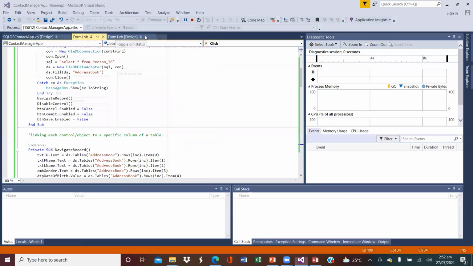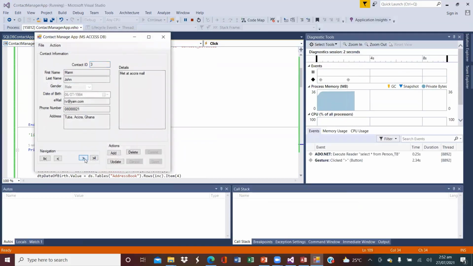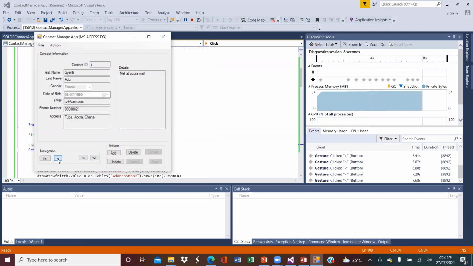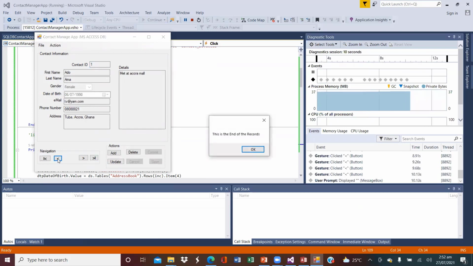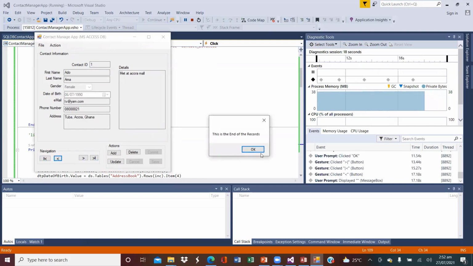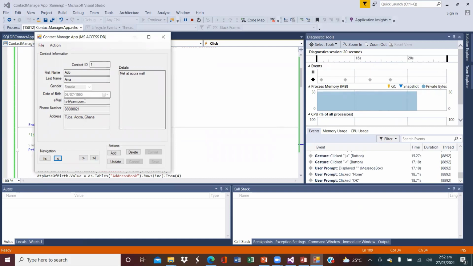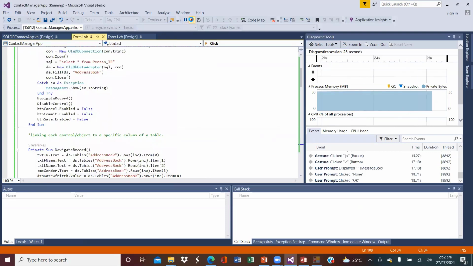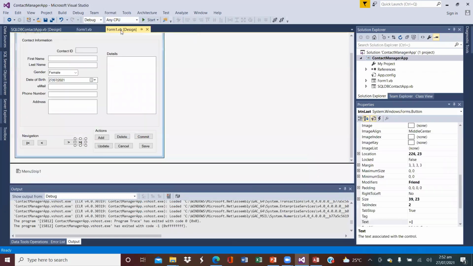So when you run your application now, you should be able to navigate through your records by clicking next. You should be able to navigate by clicking back. You should be able to go to the last record, come to the first record, right? And so on and so forth. So at least we have these working. Now we are left with these guys here. Okay. So in the next stage, as we said, we are going to actually have this,